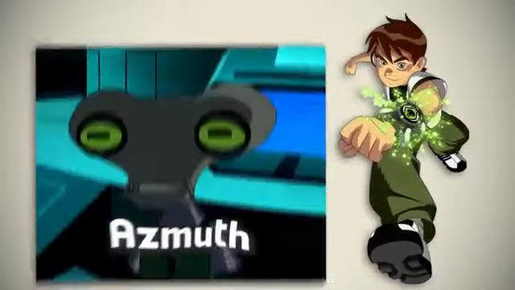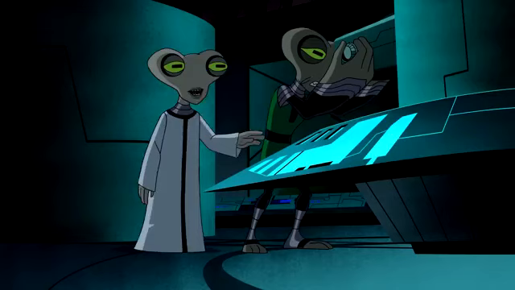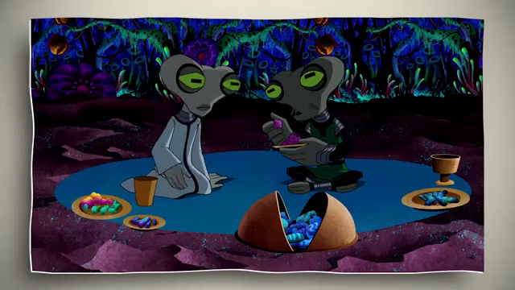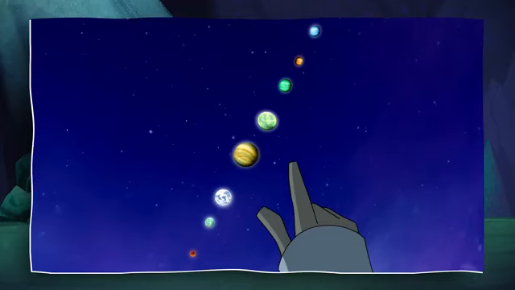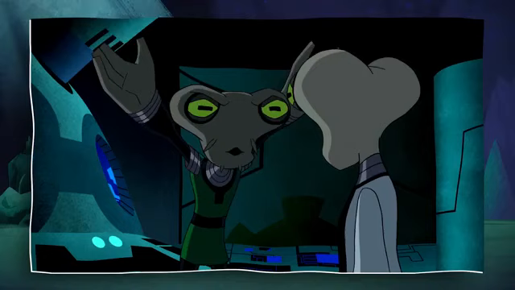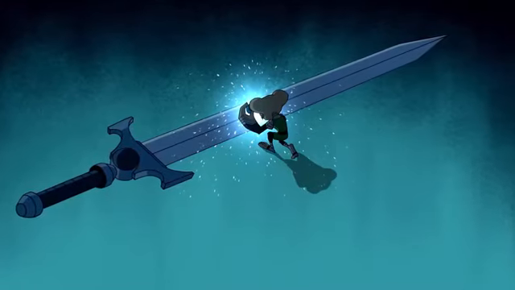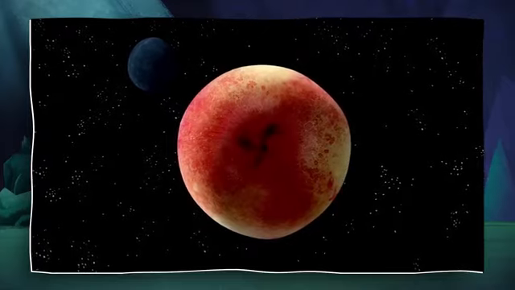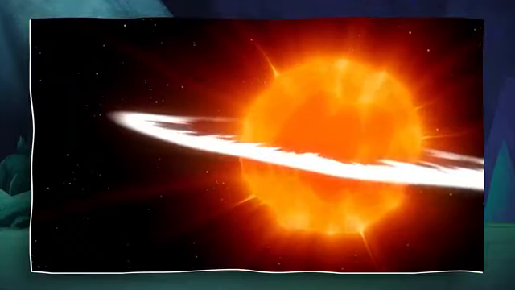Ben 10 started with Azimuth on Galvan Prime Planet with his girlfriend Zenith. One night, they were hanging out and he noticed that the solar system is following continuously, which inspired him to create a sword, and that was the reason for Zenith breaking up with him, because he was so caught up in his work. In the war between planets, a knight stole the sword, which eventually destroyed his planet, so Azimuth